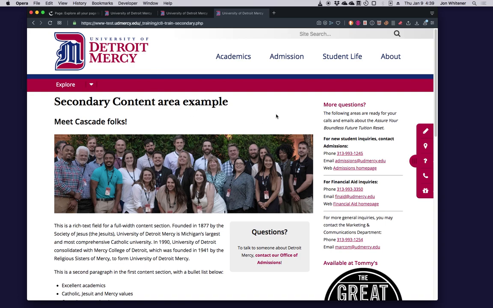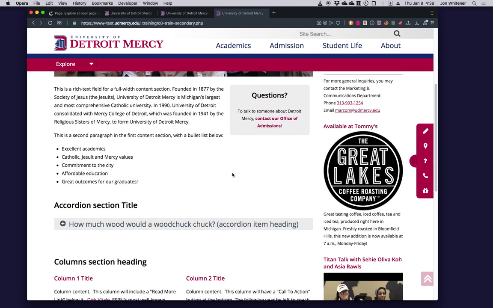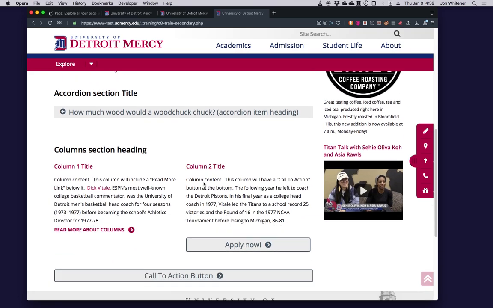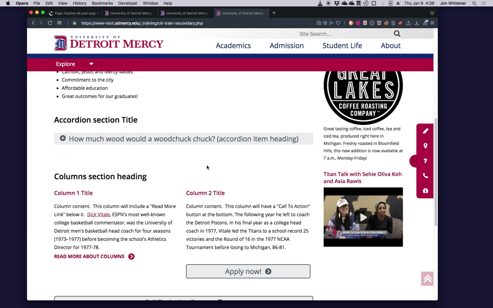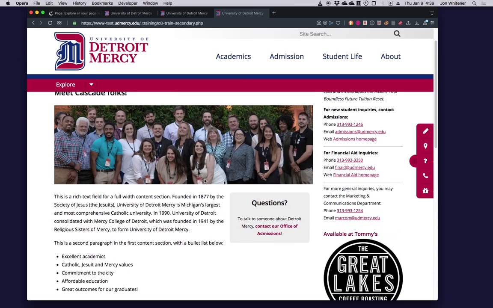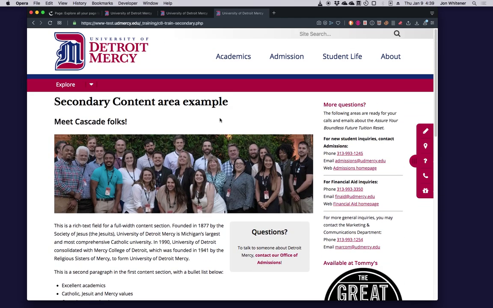So that was a long one. That was the important one. Hopefully you have a good idea of what you can do with your pages. We've got lots of different options that you can play around with, and these are just the basics, but they should be able to help you do most of what you need to do when you're maintaining your web pages in Cascade for the university.